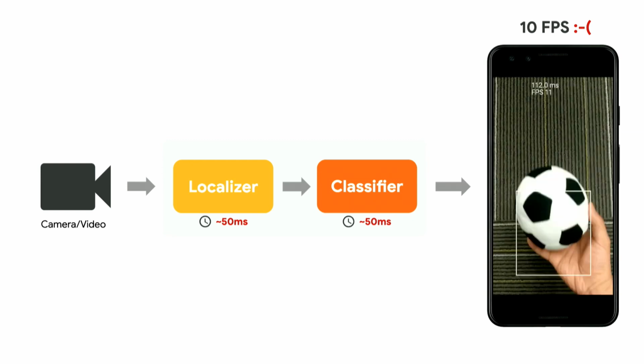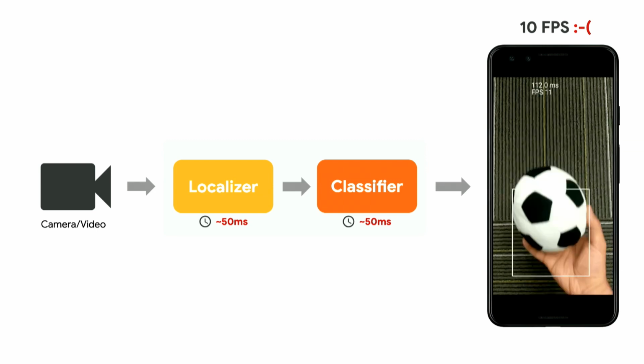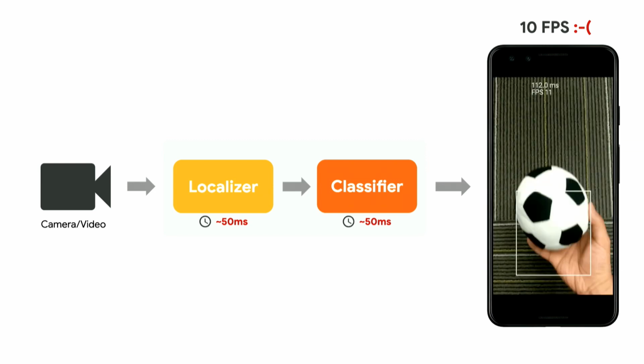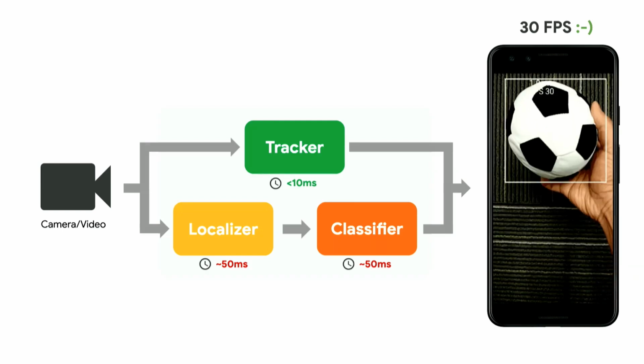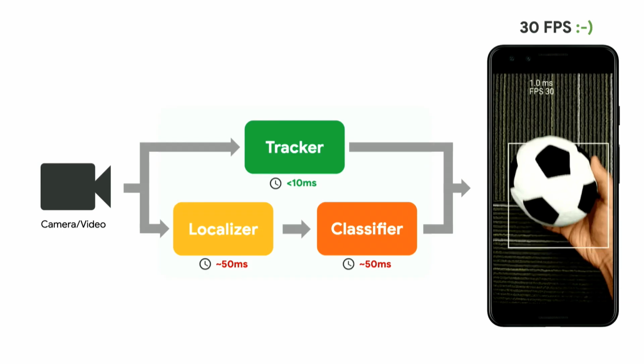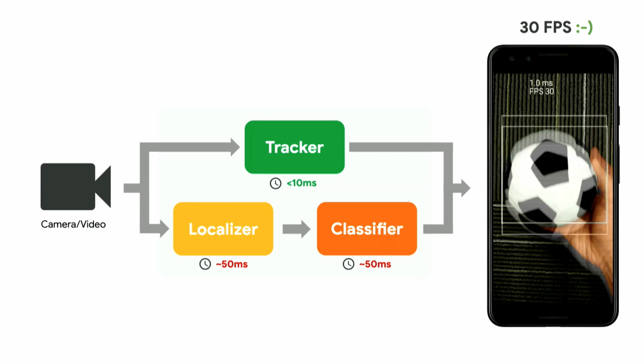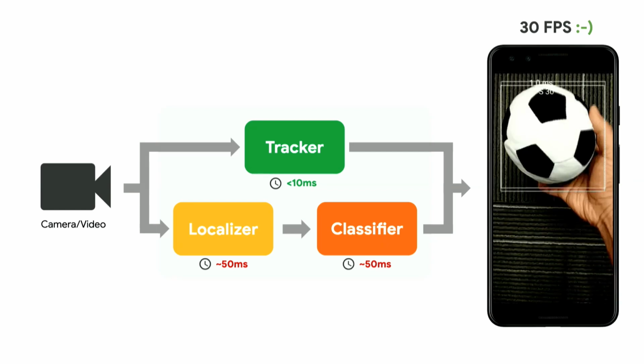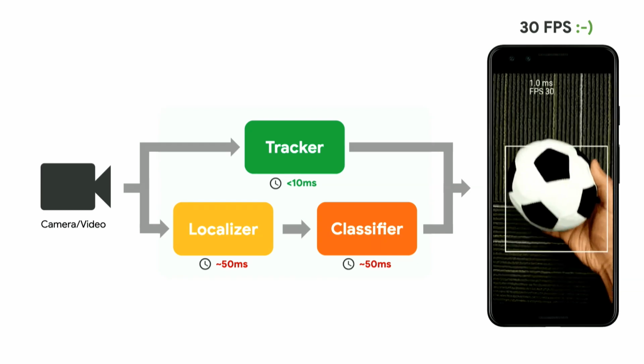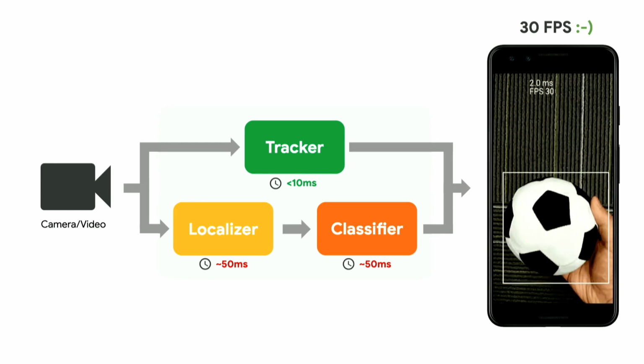So what do we do? Instead of trying to accelerate these with GPU acceleration or something, we said, well, why don't we add another model? So we put a tracker next to the localizer and the classifier, and we throttled the localizer and the classifier to only run every half second. And in the intermediate time, the tracker takes over and follows the object in space. So you still get a smooth experience. So we get to about 30 frames per second on most phones. Even on a Nexus 5, an ancient phone, we still get really good performance, a really good experience.